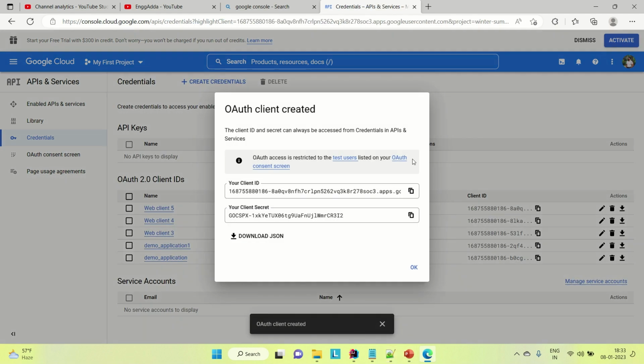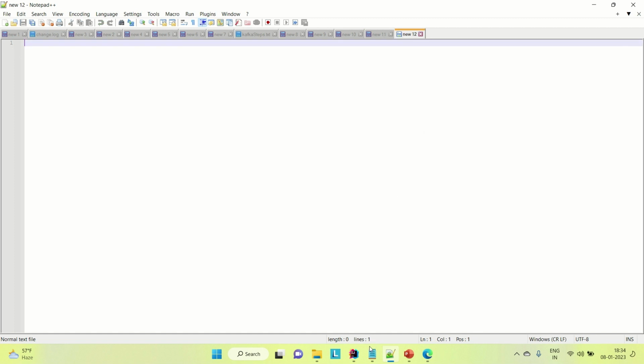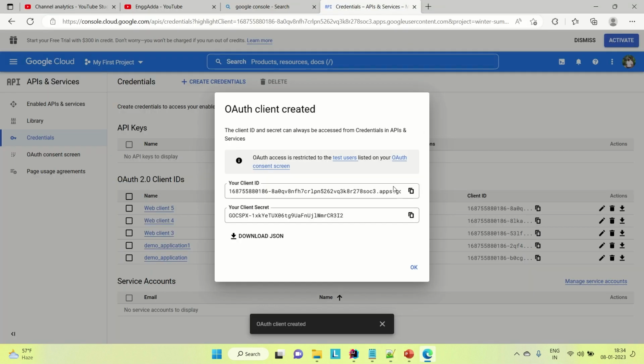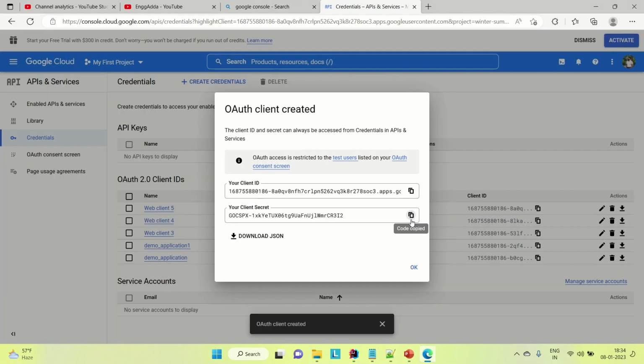So you can see it has created the client ID and the client secret. Both of them you will need to configure in your application. Either you can download them in the form of JSON or you can keep them somewhere in the notepad. So let me open a notepad and copy them. Come here, copy the client ID, come to the notepad. Let's say it's client ID, paste it,